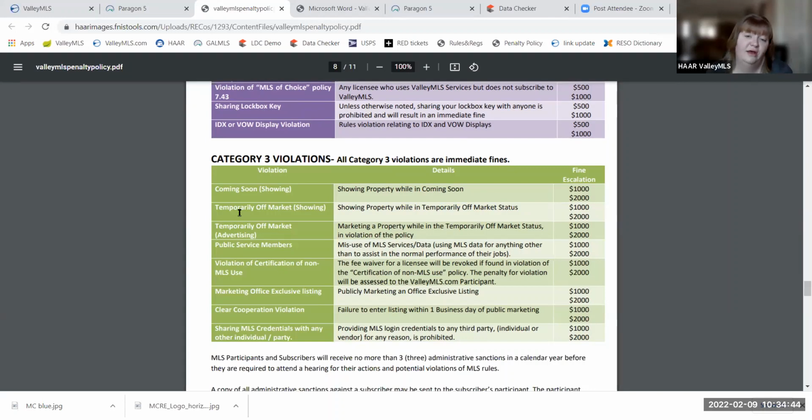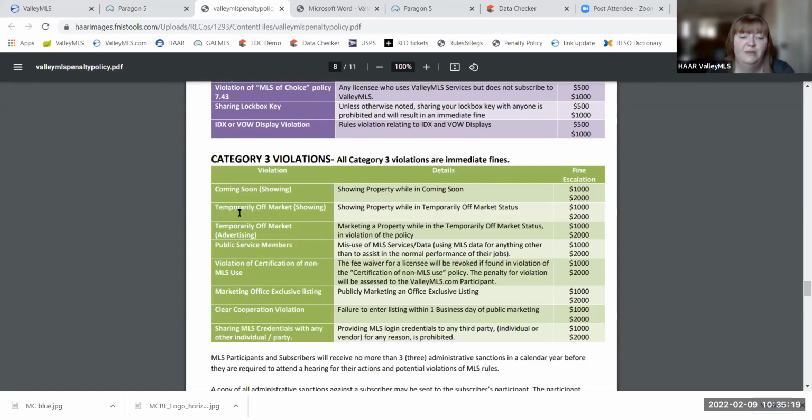There are two other tenets of the temporarily off market policy that have smaller fines attached. One is that you do have to get a listing change notice signed by your seller and attach it to the listing itself, in the same way that you have to do that with a coming soon addendum. And if you didn't know that you had to do that, we can also talk about that. But these are two special statuses that do have special policies. I would encourage you all to go to har.realtor at some point, click on the education tab, and select MLS compliance if you'd like to read through those policies in full.